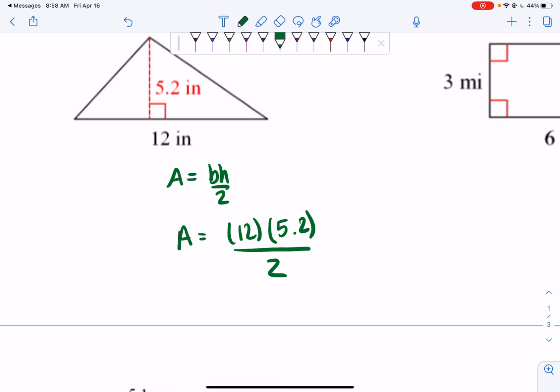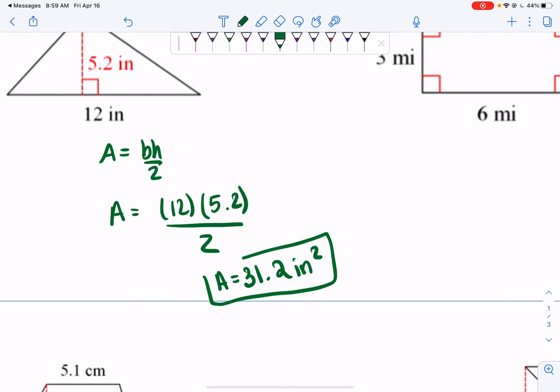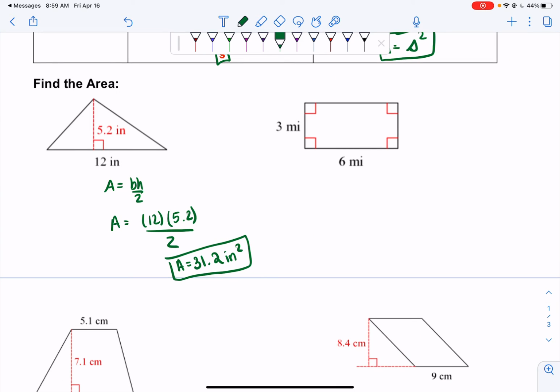So I do 12 times 5.2, which is 62.4, and then I divide by 2, which gives me 31.2. So my area is 31.2 inches squared. And that's my final answer. Now, the reason why I'm putting inches squared is because remember, we said area is measured in